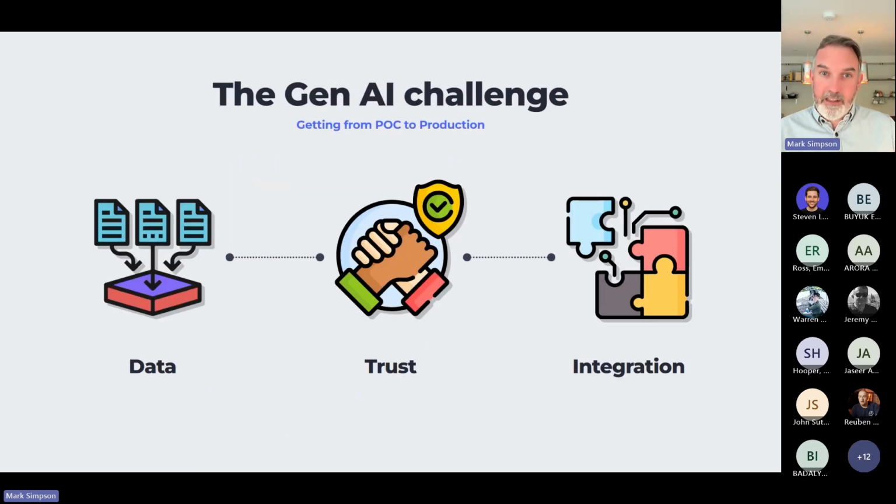The first is the data. How can you apply your own business's data to these Gen AI opportunities? The second is trust. The Chevy example, and many more, there's Canadian Airlines and a few others that have tried something out and have not had the best experiences with it. So there's the trust that when you automate something, will it be detrimental to the business rather than growth oriented? And the third one is integrating it into your solutions.